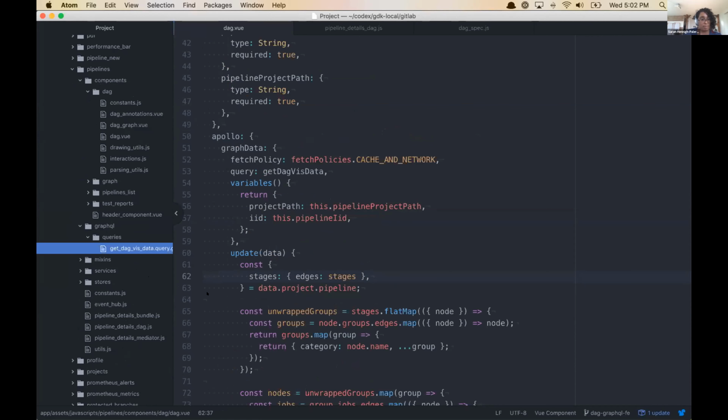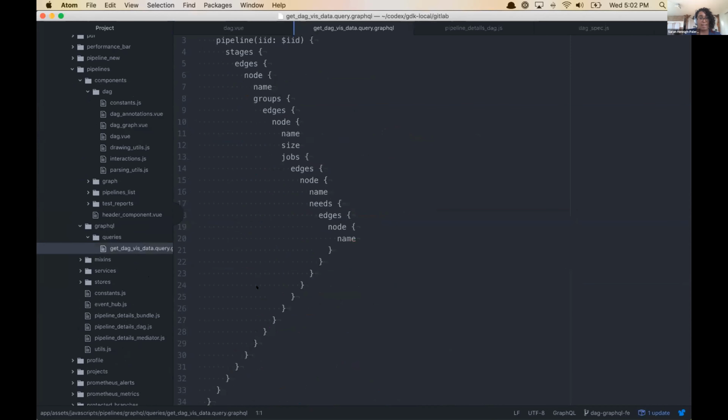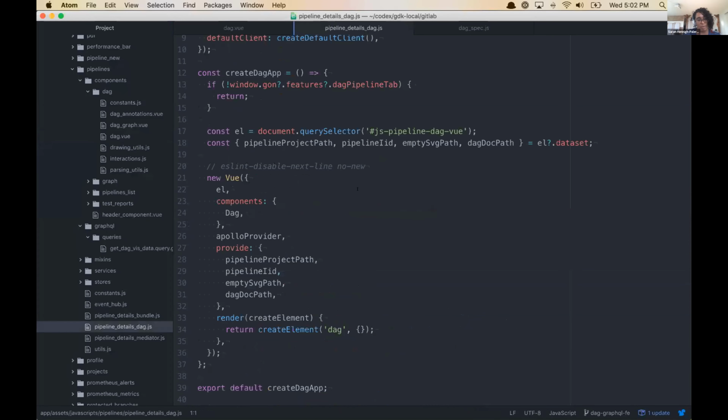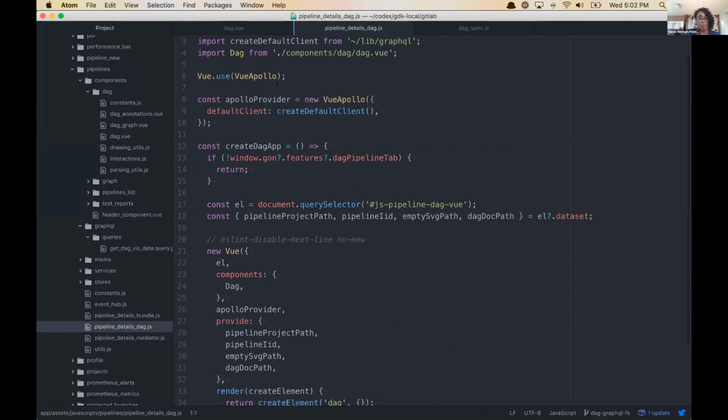My computer wants to be desperately slow, so we'll see if it shows you what it looks like at any point. Yeah, there you go. There's that query. And then we are able to break out our details. This is how we bootstrap the app up. So this is the element that's creating a new DAG. And now we just use our